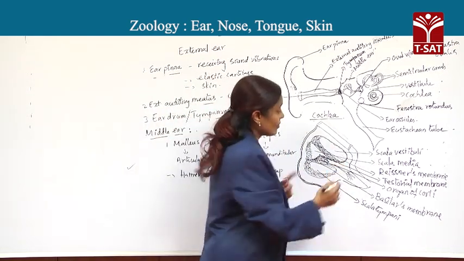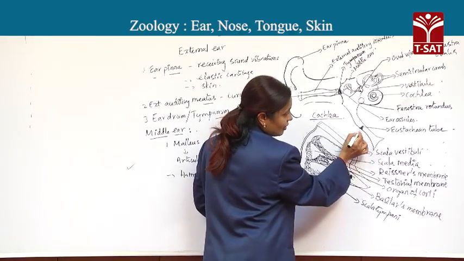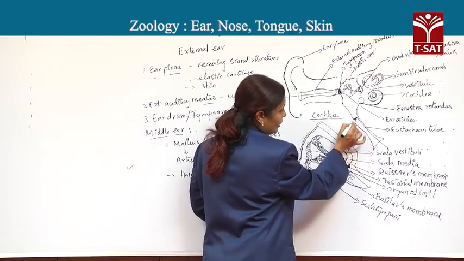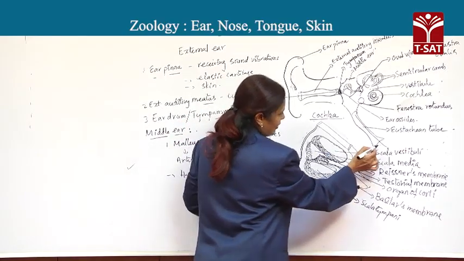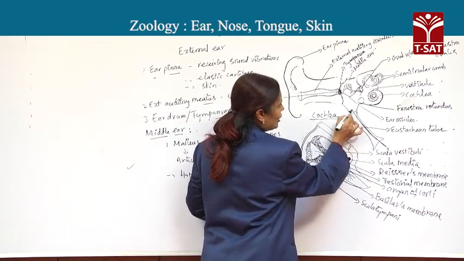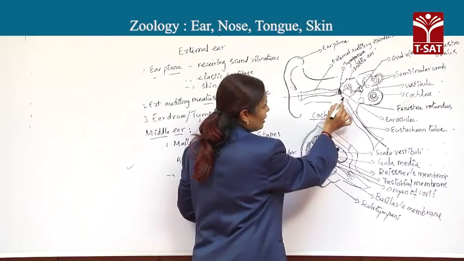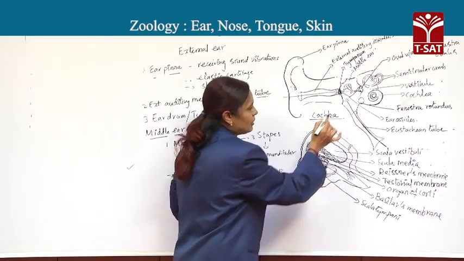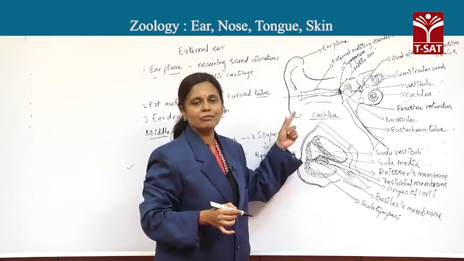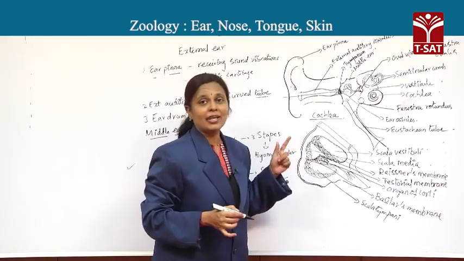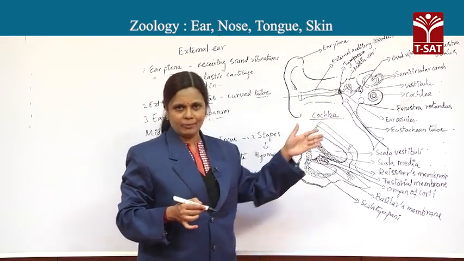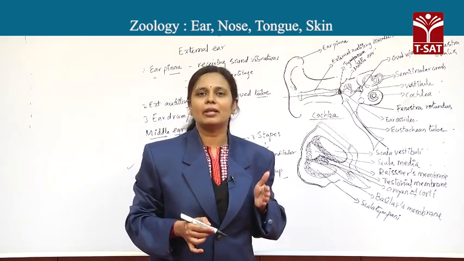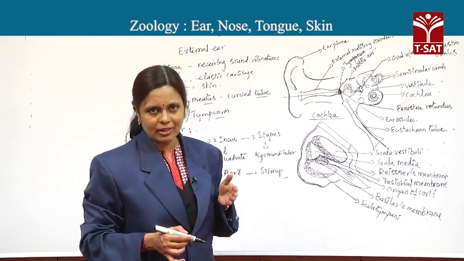Now, because of this opening of the middle ear cavity into the nasopharynx, air also enters the middle ear cavity, thereby applying pressure on the tympanum from inside. That means there is an equal pressure on both sides of the tympanum that helps in maintaining the structure of the tympanum,